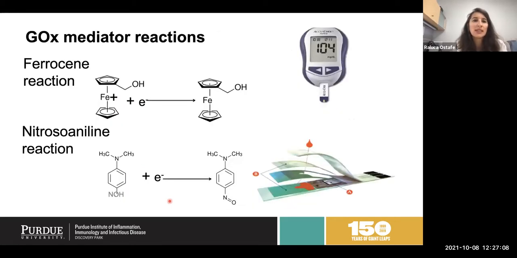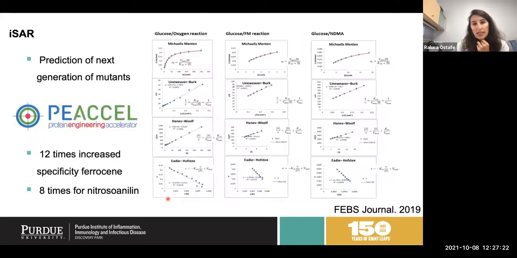The most common mediators that are used in industry are ferrocene-based or nitrosoaniline-based. From the original screen using flow cytometry, we selected about 50 mutants, and then we did full characterization of the kinetic constants, both for the glucose and oxygen reaction, for glucose and ferrocene methanol, and for glucose and nitrosoaniline reaction. And we are collaborating with a company that was doing a structure-activity relationship based on machine